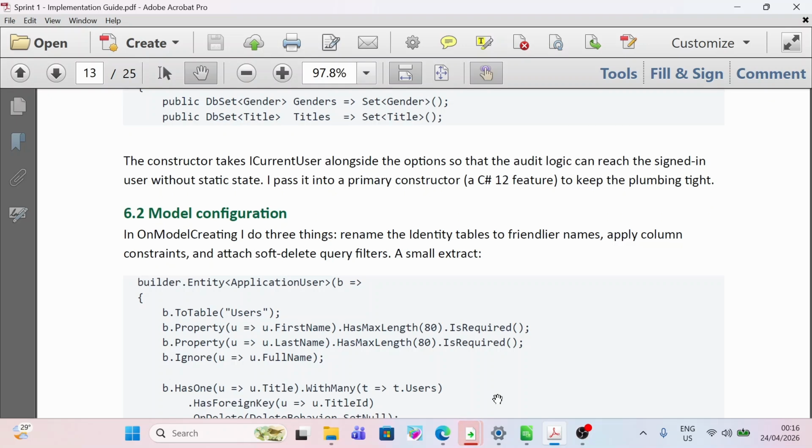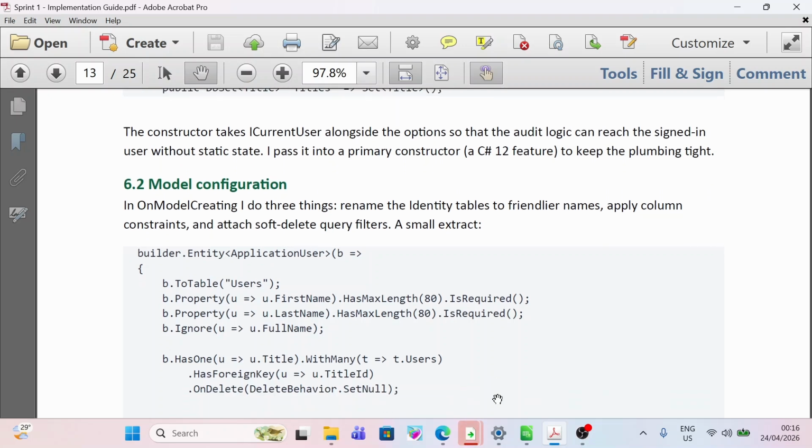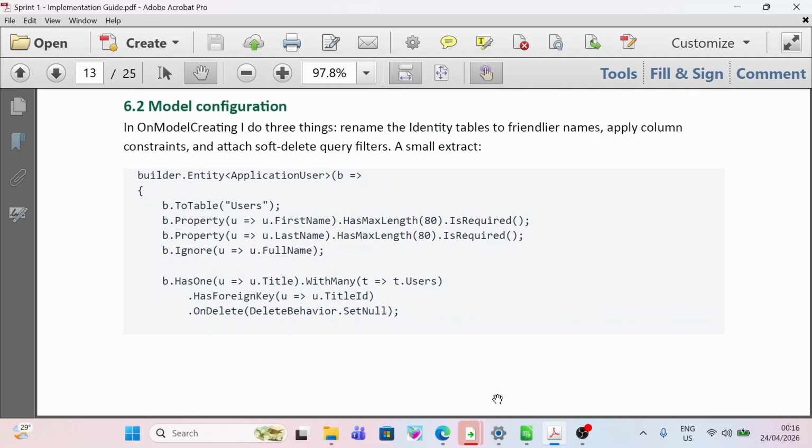A small extract. builder.Entity<ApplicationUser>(b => { b.ToTable("Users"); b.Property(u => u.FirstName).HasMaxLength(80).IsRequired(); b.Property(u => u.LastName).HasMaxLength(80).IsRequired(); b.Ignore(u => u.FullName);